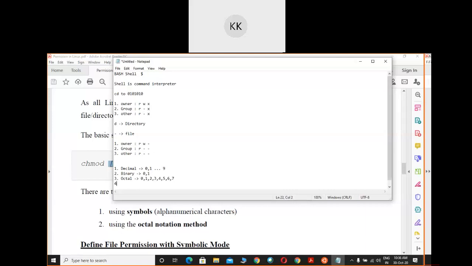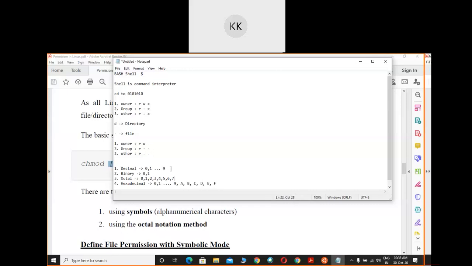And in hexadecimal you will find numbers from 0, 1, continuing till 9, and after 9 you will find A, then B, C, D, E and F.